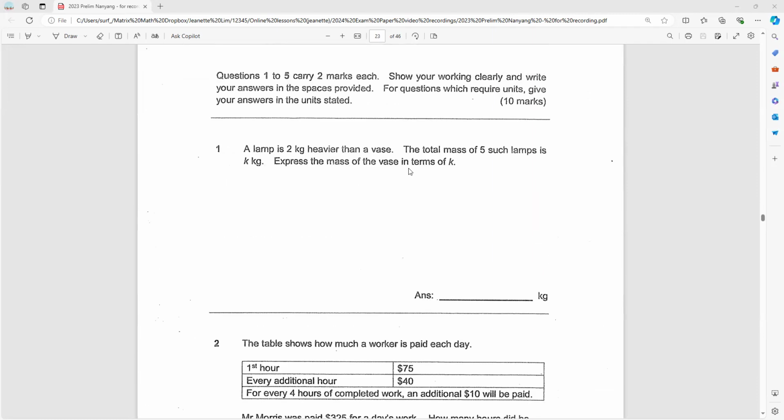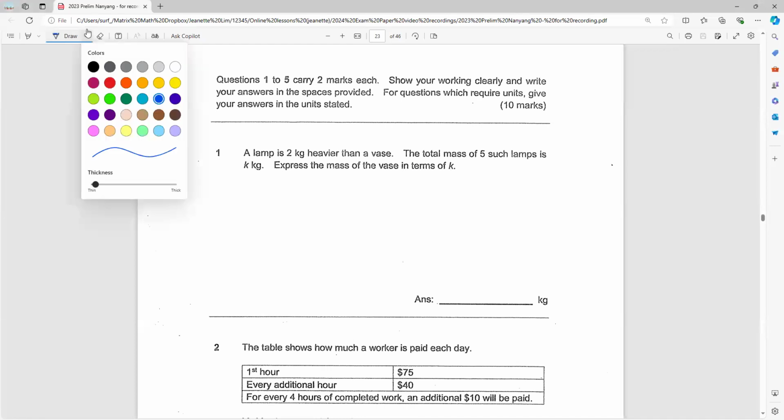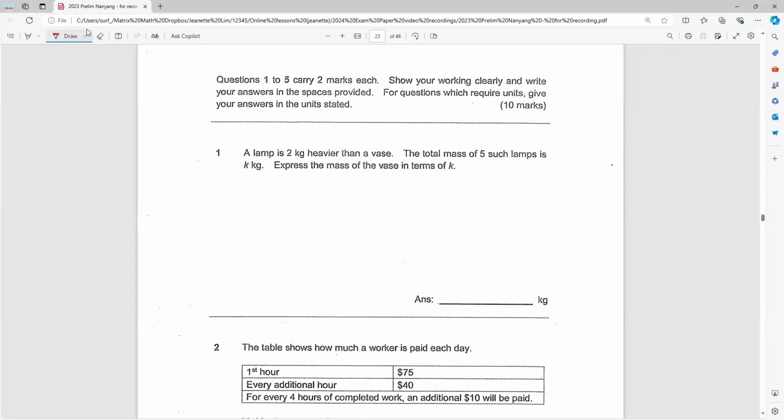A lamp is 2 kg heavier than a vase. The total mass of 5 such lamps is K kg. Find the mass of the vase in terms of K. Okay, so one lamp is 2 kg heavier than a vase, and 5 lamps is K kg. So one lamp will be